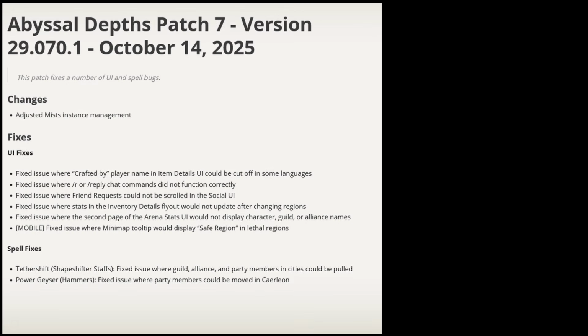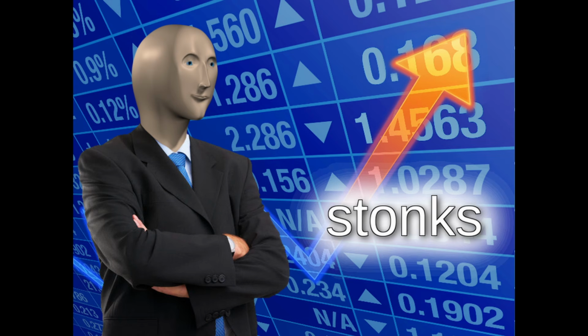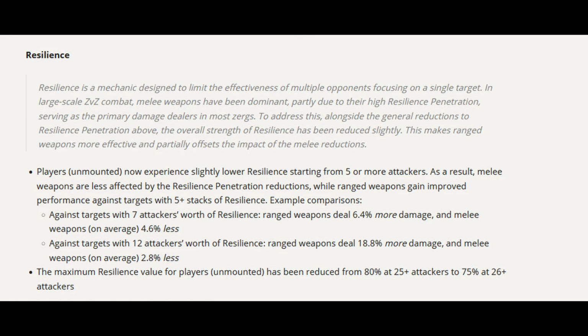Which brings us to the last website I'll be covering today, the test server/NDA feedback pages. Usually within a few days of a new patch dropping, the devs will already have an idea for what the next patch is going to be, and you can find a draft version of the upcoming changes on the test server forum. Generally interesting if you're invested in the game's future, but occasionally there will be a large change in